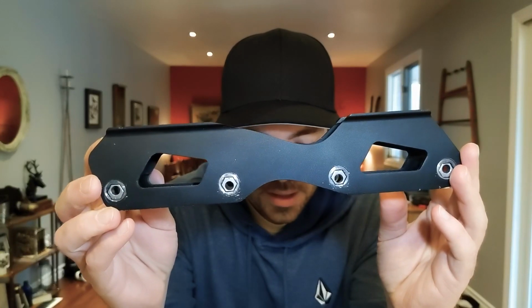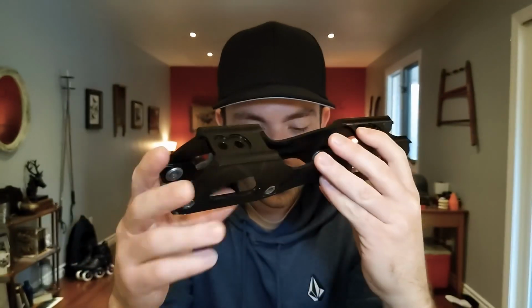Next is the frame. The frame is probably the coolest feature on these skates. And when I was talking earlier about why I think these are perfect for people who want to get into inline skating or maybe want to branch off into a different direction in terms of a new discipline, these skates are going to give you the opportunity to do that at a reasonable price point, and kind of explore different options. So what I mean is this. So this is your frame. Okay. It is an extruded aluminum